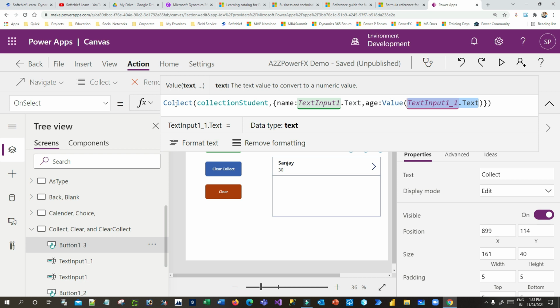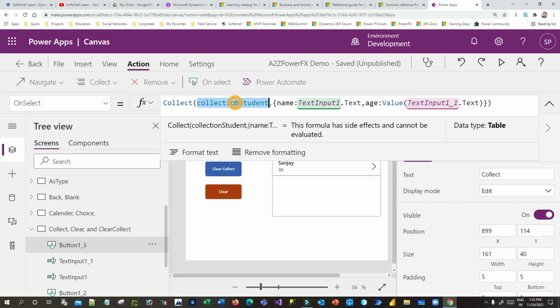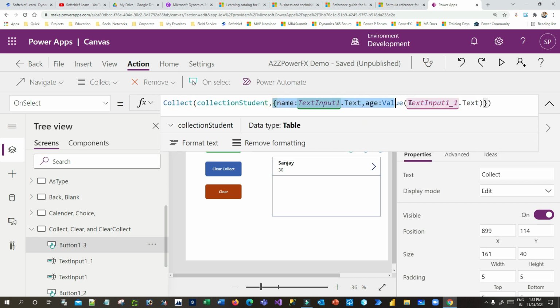Now you understand: Collect is used to initialize a variable by adding some items, whether static or dynamic.